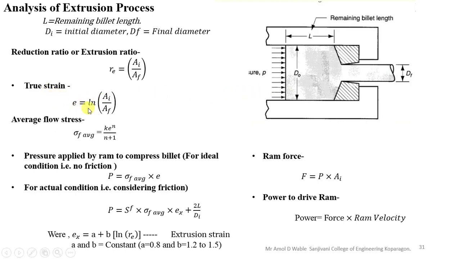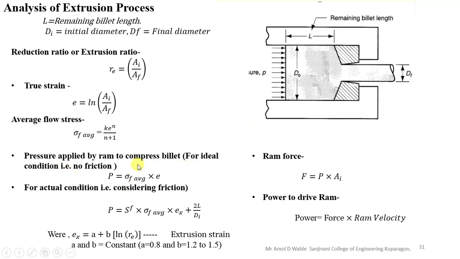Now true strain ε is equal to ln of the ratio of initial area upon final area. Average flow stress, again here you have to use the average flow stress, which is equal to K ε raised to n upon n plus 1, as the force is applied or material is deforming gradually. Then the pressure applied by the ram to compress the billet